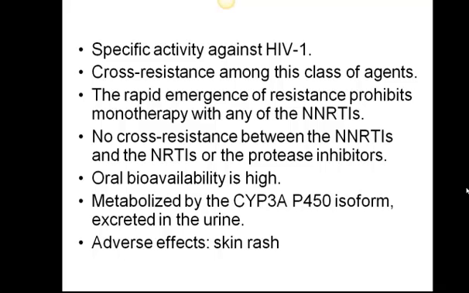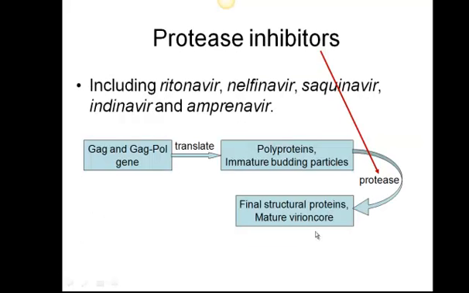And there can be cross-resistance among this class of reagents that develops within the HIV itself. And so as they develop resistance to one of these agents, typically they're going to have mutations that occur in the reverse transcriptase enzyme that also make the enzyme not bind to the other non-nucleoside types of reverse transcriptase inhibitors. So if you get resistance to one, you usually generate resistance to the other drug molecules in this class as well. So the major adverse reaction for these guys is skin rash that's associated with them. The next class of inhibitors are the protease inhibitors.